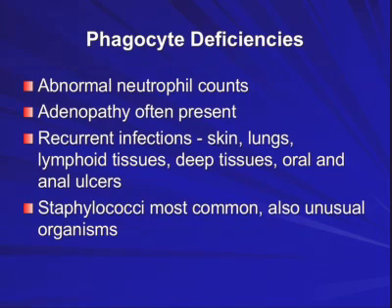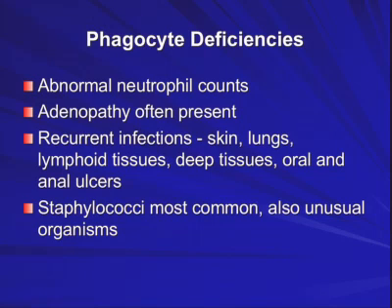Now, adenopathy is often present, because the lymph nodes are sort of the forts in the battle against infection. They'll swell up with the recruits that come in, and you have the battles going on there. So lymph nodes tend to swell up. Liver and spleen also. Now, people with phagocyte deficiencies tend to get recurrent infections, typically at portals of entry to the